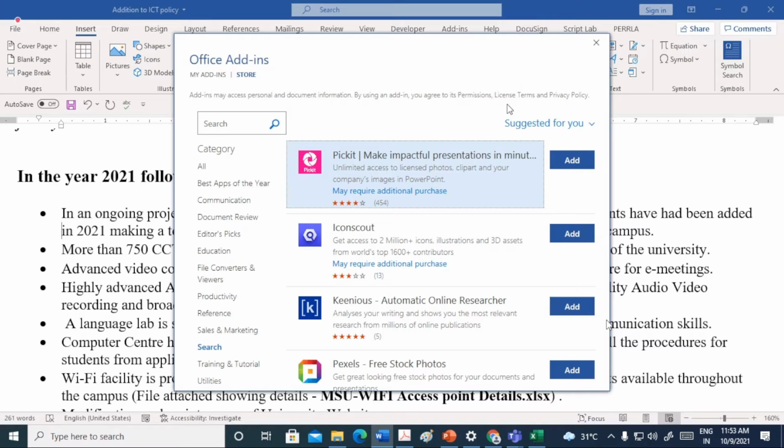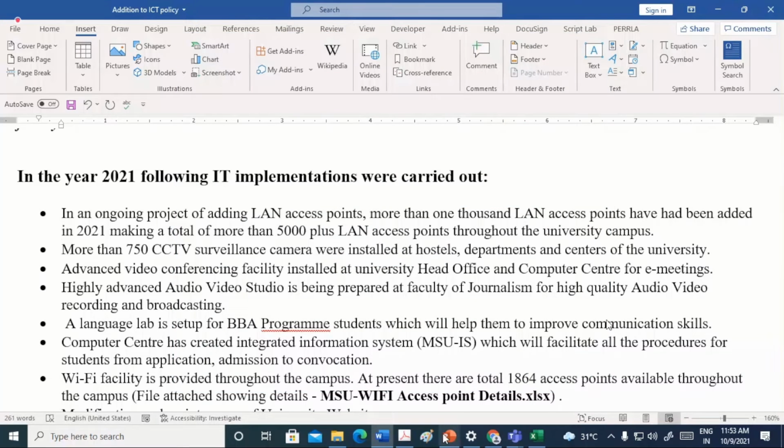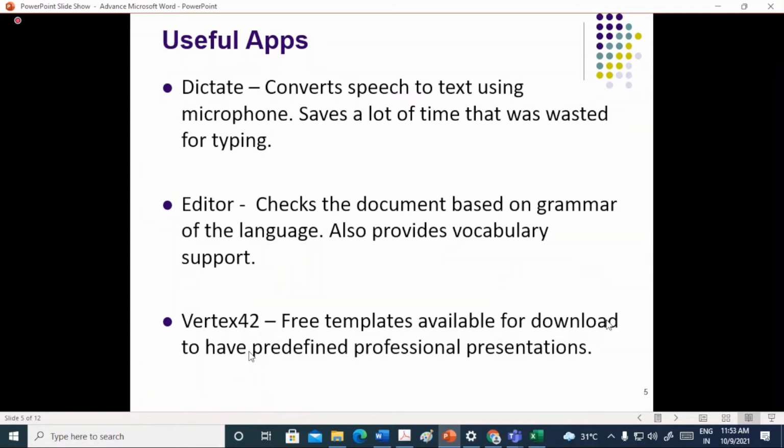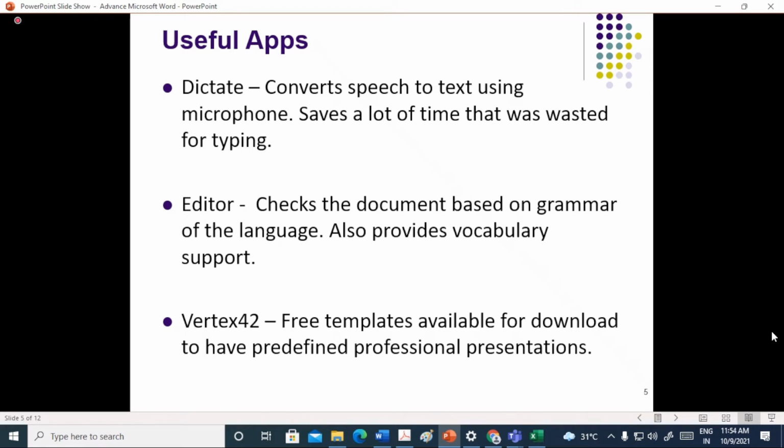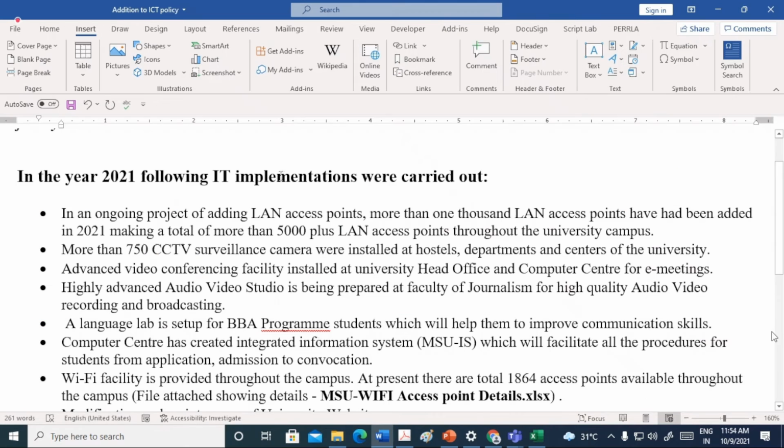Okay. So the first one that we are seeing is Vertex 42, which is a collection of free templates that are available for download, and they have predefined professional presentations. So let us see. Insert. Okay.